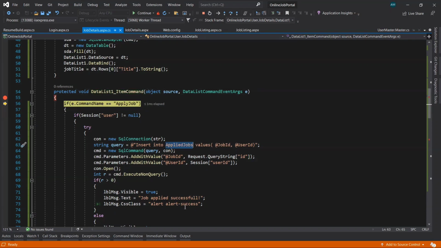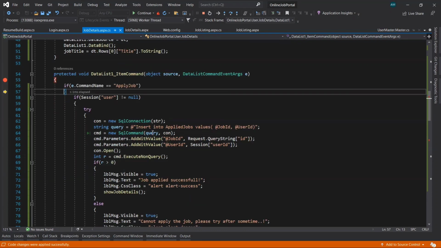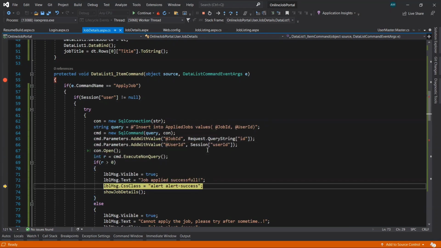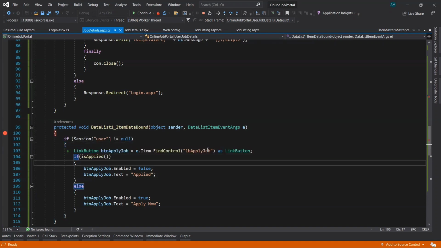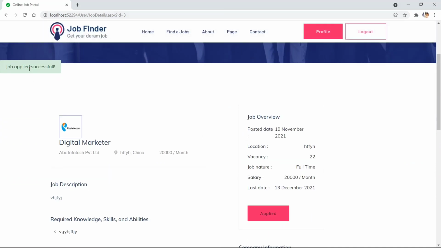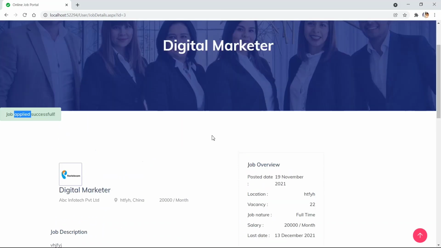After a successful insert I want to paste that code. Save it. Now this time it will also change that button text from apply now to applied after applying for this job. Press continue. Now you can see the success message, and this time the button also changes to applied. Now he or she can't click on this button and can't apply for this job, because they have already applied for this particular job.